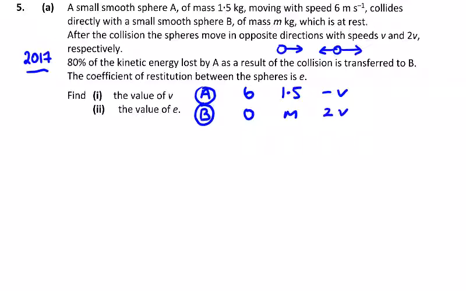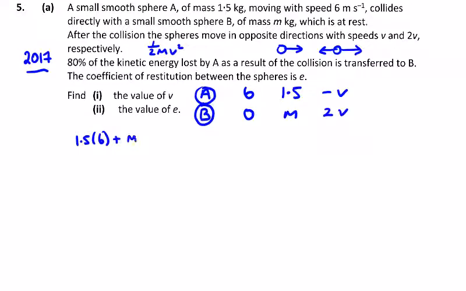80% of the kinetic energy, which is half mv squared, lost by A as a result of the collision is transferred to B, and the coefficient of restitution is E. Find v and E. Okay, the principle of conservation of momentum: 1.5 times 6